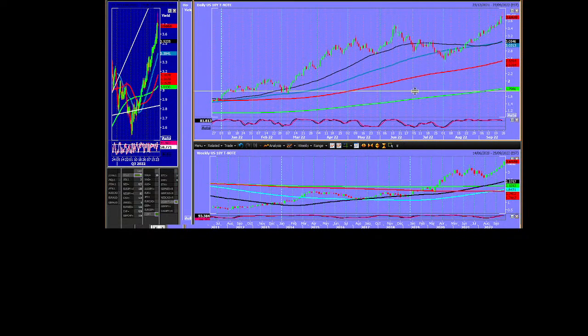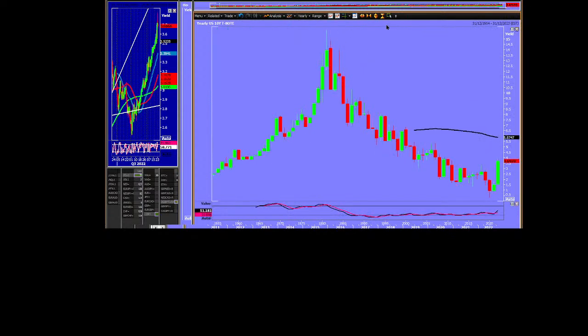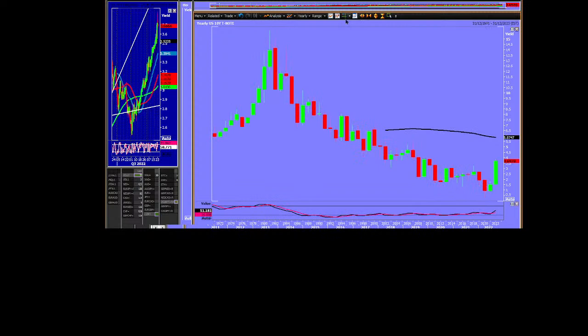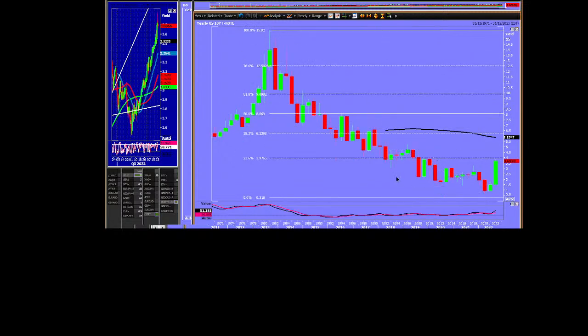But when you go to the weekly chart, green candles all the way, still a big green candle. We didn't close right at the top of the green candle. Let's have a look at the yearly chart and see if there are any fibs or anything that I should know about. Here we go. Look at where bond yields have gone from. 1982. I started my career in 1987. Where was that? Here. So the high for bond yields was 10%, and we went from 10% to basically 0.3% during my career so far. Right. Oh, okay, that's interesting.